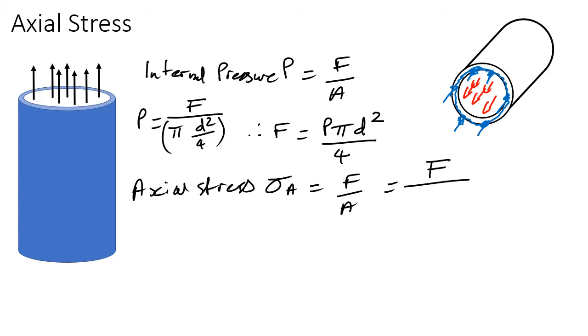Because it's a thin cylinder, we don't need to distinguish between the internal and external diameters. We just use the internal for all of this. So the length of that circumference will be pi d, and then it's multiplied by the thickness to give us the area. So that will be pi d, which is the circumference, times the thickness. So therefore our force in this case is going to equal sigma A